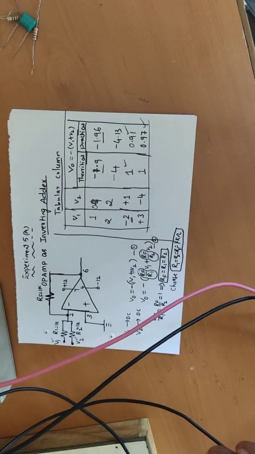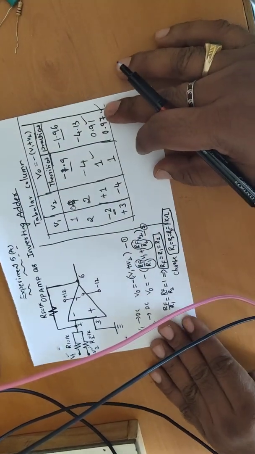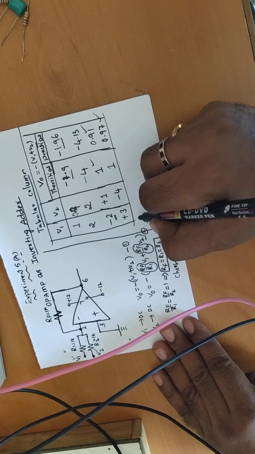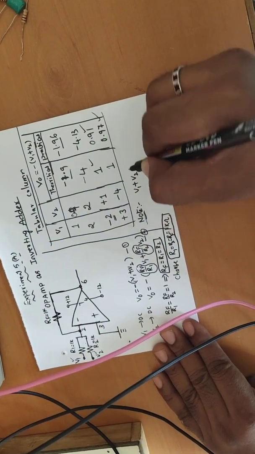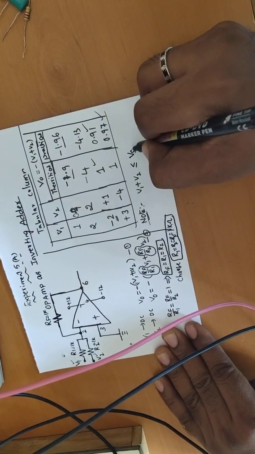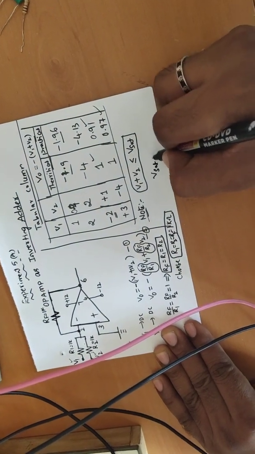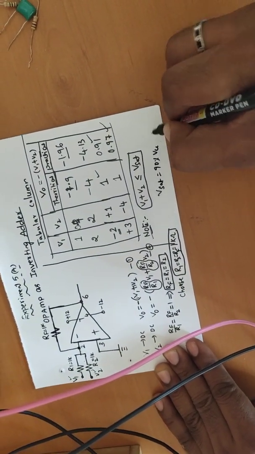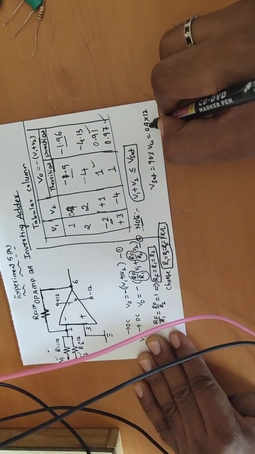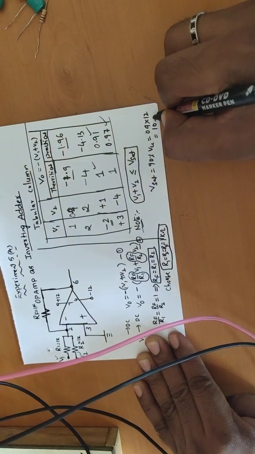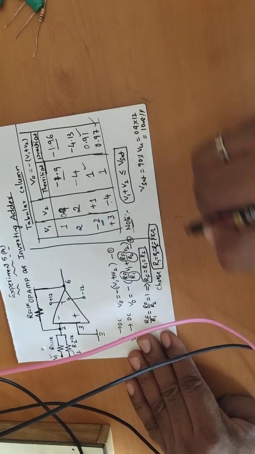So now we can use the op-amp as an adder for any values of the input voltages V1 and V2. One more important point is that the sum of V1 and V2 is always less than or equal to the saturation voltage of the op-amp. The saturation voltage is 90% of VCC. We have given VCC as 12, so the maximum sum should be 12 times 0.9, that is 10.8 volts. That means we have to keep the sum always lesser than 10.8.